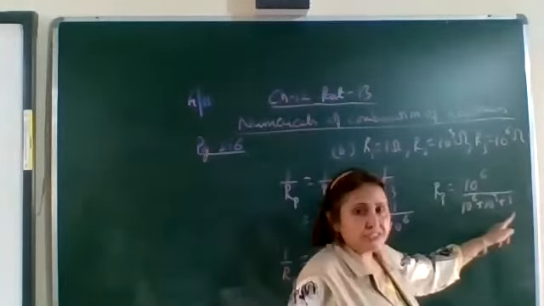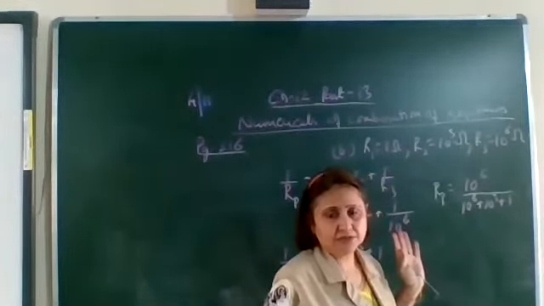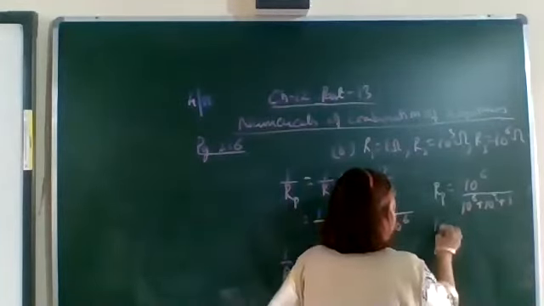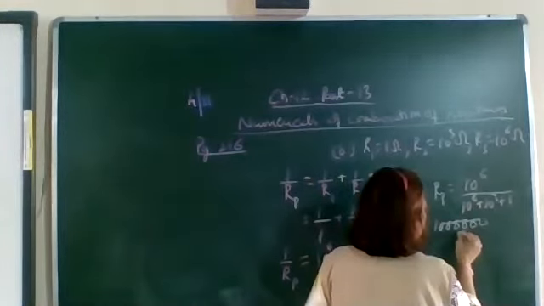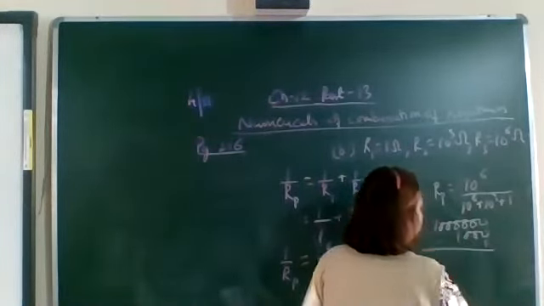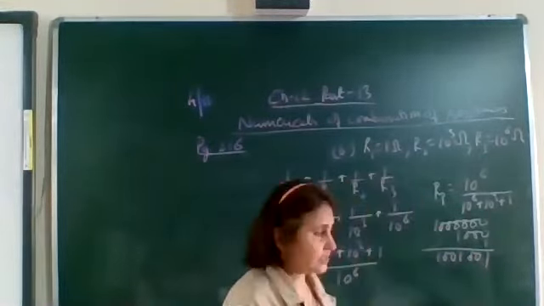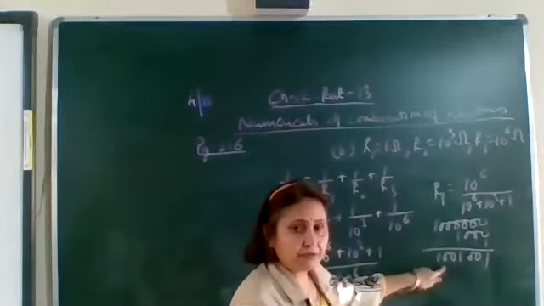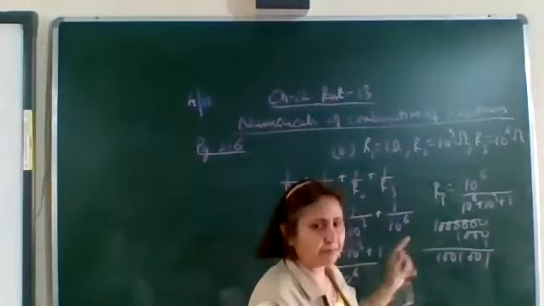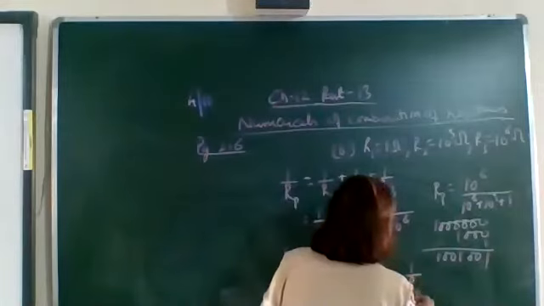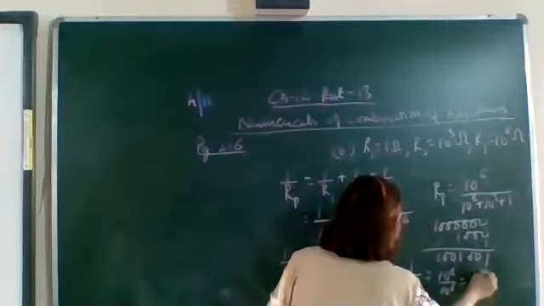Okay, add all these. Approximately it will be equal to 10 raised to the power 6 only. You can add 1 followed by 6 zeros, then 1000, then 1. This is the denominator of it. Then this is approximately equal to 10 raised to the power 6 only. So 1 upon RP is equal to 10 raised to the power 6 upon 10 raised to the power 6, which is equal to 1.